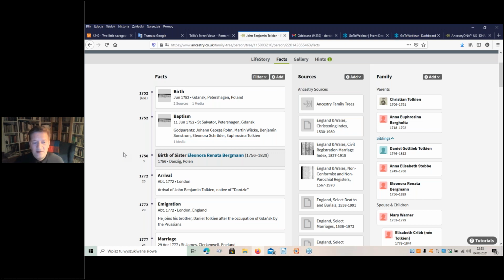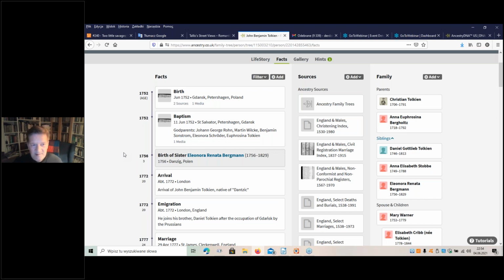And Gdańsk was a Baltic town which was very rich because of the economy of the Hansa, and they had contacts with Amsterdam, London, Bergen in Norway, the whole Baltic Sea, and commerce and craftsmanship were very well known in Gdańsk. Gdańsk's budget was as big as the budget of all Poland at the time. So it was a very rich town. But in the 70s of the 18th century, it had many economic problems,